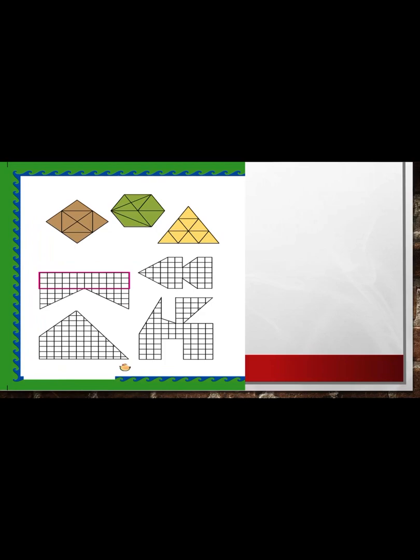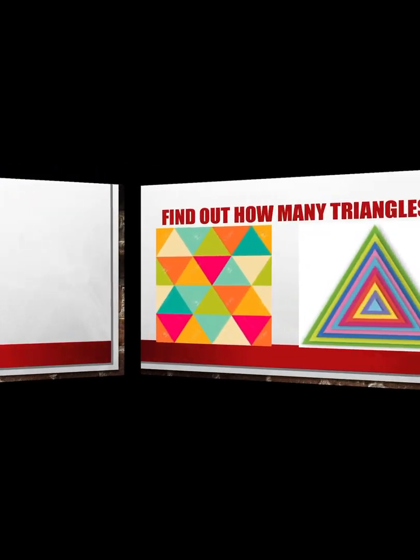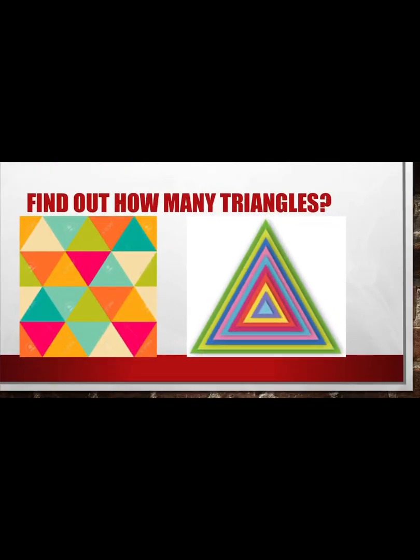Now here are certain shapes, and within those shapes there are small triangles. You have to count how many triangles are there. And in the next diagram, you have to find out the biggest rectangle among it in the graph figures. Find out how many triangles are in the below shapes. There are two different shapes here. You have to find out how many triangles are there inside it.